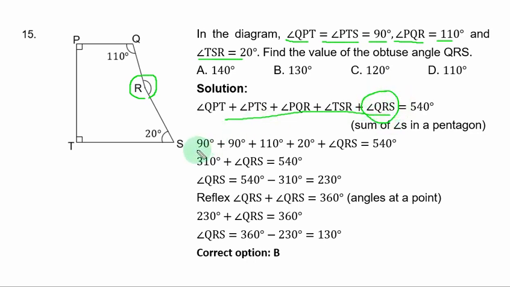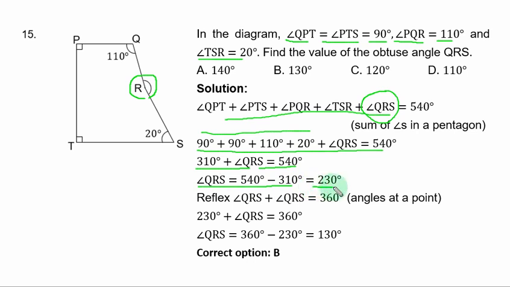The remaining 4 angles, you replace them with their respective values plus angle QRS equal to 540 degrees. If you add these 4 angles, you have 310 degrees plus angle QRS equal to 540 degrees. If you collect like terms, you have angle QRS equal to 540 degrees minus 310 degrees, and that is